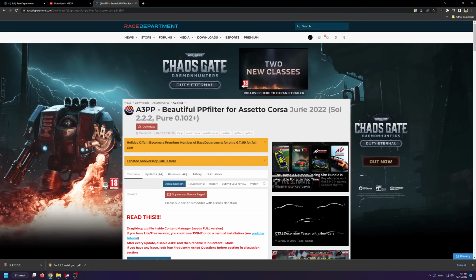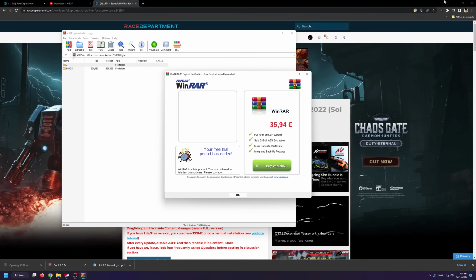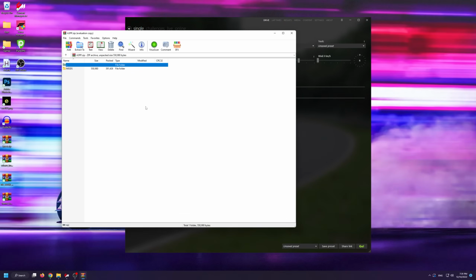Again, you need to have an account to download from Race Department. Simply click download and open it up. Inside this specific PP filter, we have a mods folder and another folder, and then inside we have an apps and a system folder. Although installing PP filters is similar to how you install cars and tracks, they live in